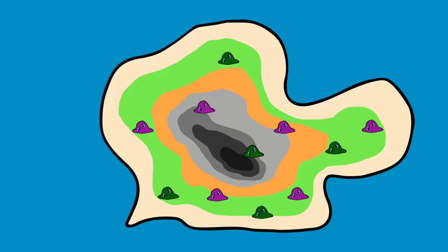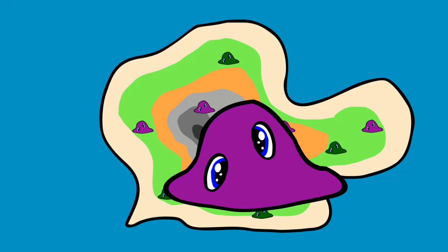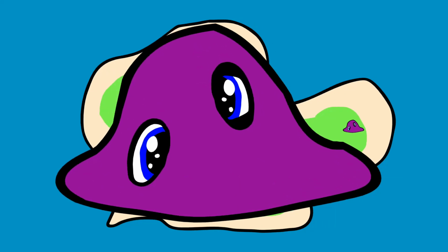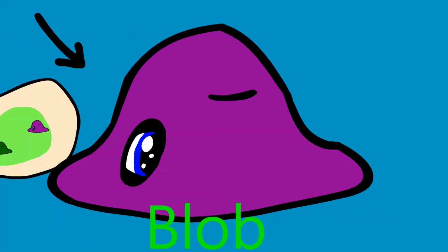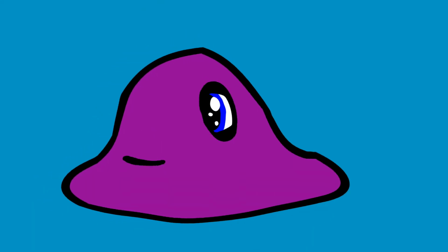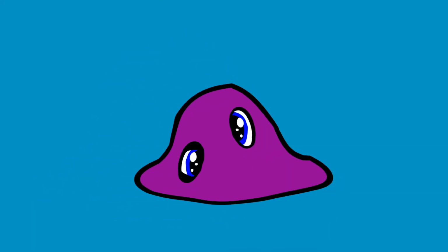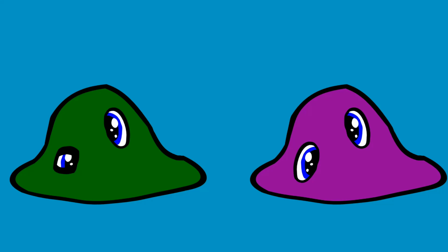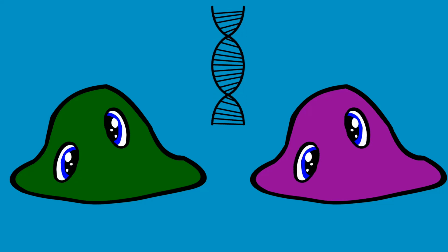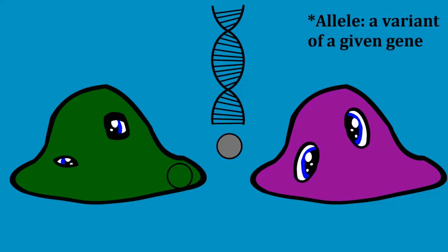Let's imagine that a new creature has been discovered on an unexplored island. A team of scientists is sent to investigate the creature and decide to call it a blob after its rather gelatinous form. They soon find that blobs come in two colors, green and purple, and that the color of a blob is coded for by a single gene with two alleles, an allele for green skin and an allele for